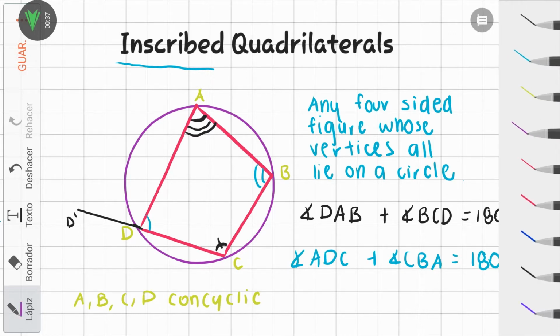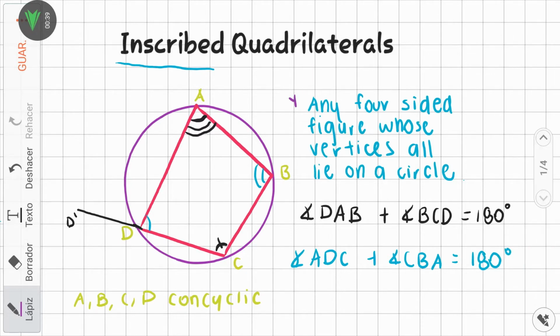And a more formal definition could be any four-sided figure whose vertices all lie on a circle. So for example, if I am referring to this quadrilateral ABCD, you could also say that the points ABCD are concyclic, which means that they lie on a circle. Now, something really important, which is a property for inscribed quadrilaterals, is that the opposite angles add